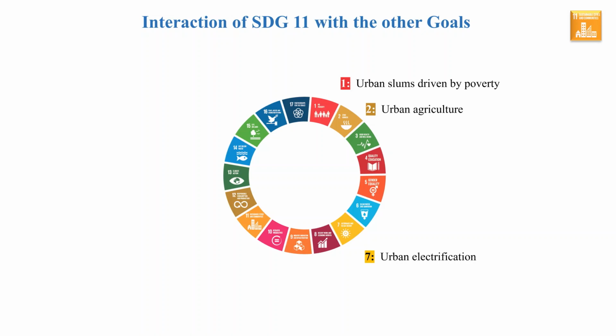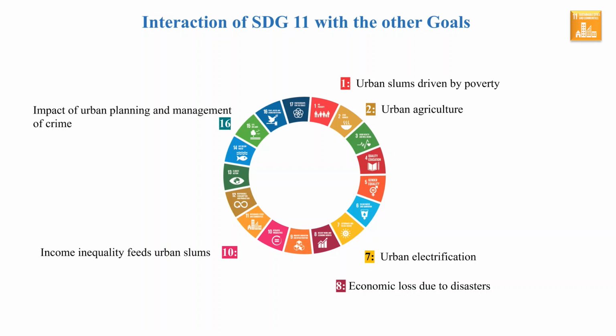Urban electrification, it's still not at 100% in Zimbabwe, and in our cities, this needs to happen. Economic loss due to disasters we've spoken about. Slums and inequality and poverty, the relationship there. Urban planning as well. Sometimes it's just the planning and how things are built, how they are not built,